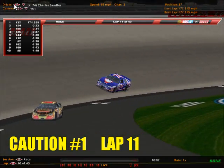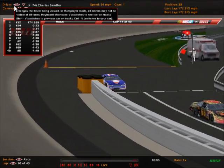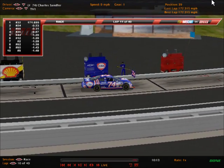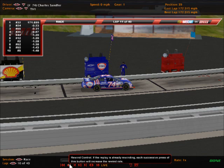So turn 4 in what usually is Calamity Corner here at Dover Downs International Speedway has bit about 5-6 cars here in the back of the pack, and so the back of the pack is not always a safe place to be. It ain't like he could run in the back of the pack at Talladega and try to avoid trouble, but... So caution flying on lap number 10 of the event,